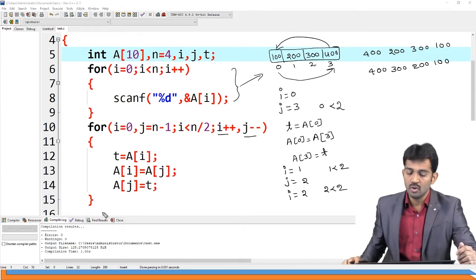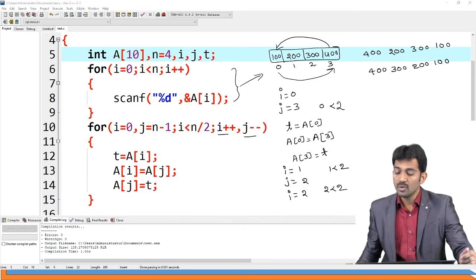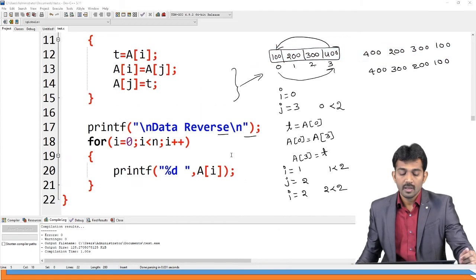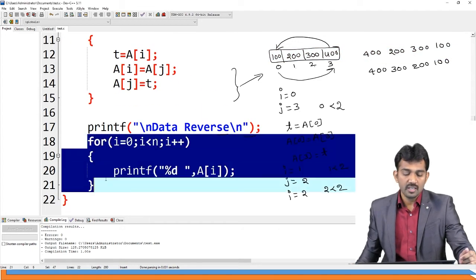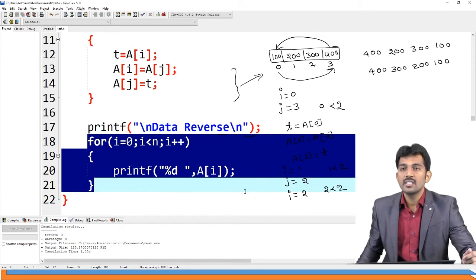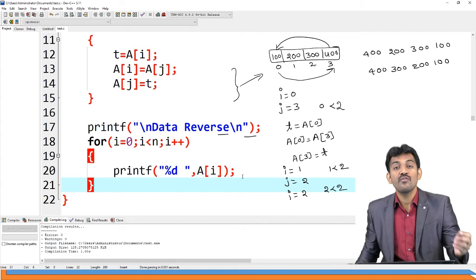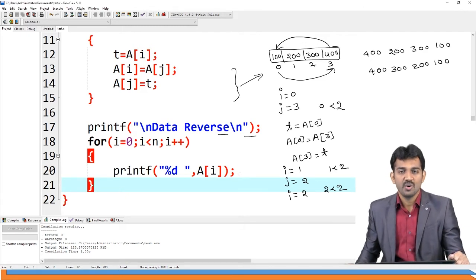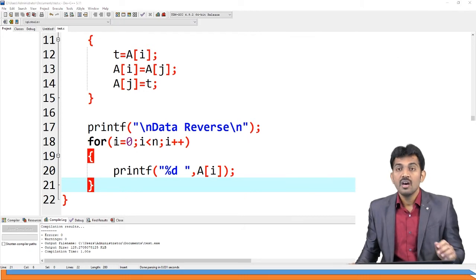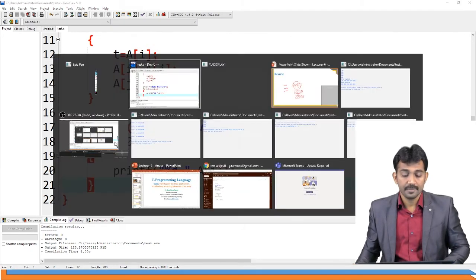Then get out of the loop. After that, what did you write here? Data in reverse order. That's all. Is this clear? This is the reverse of an array without using an extra array.